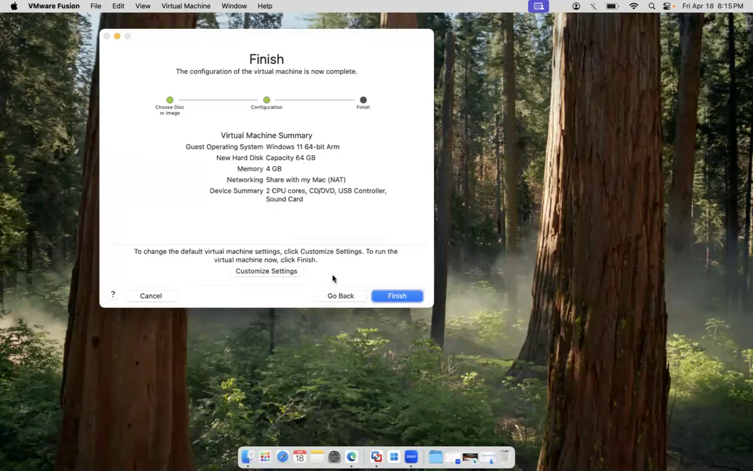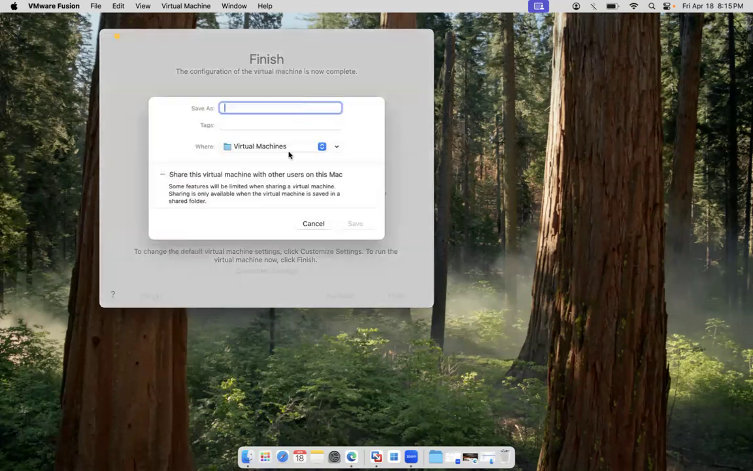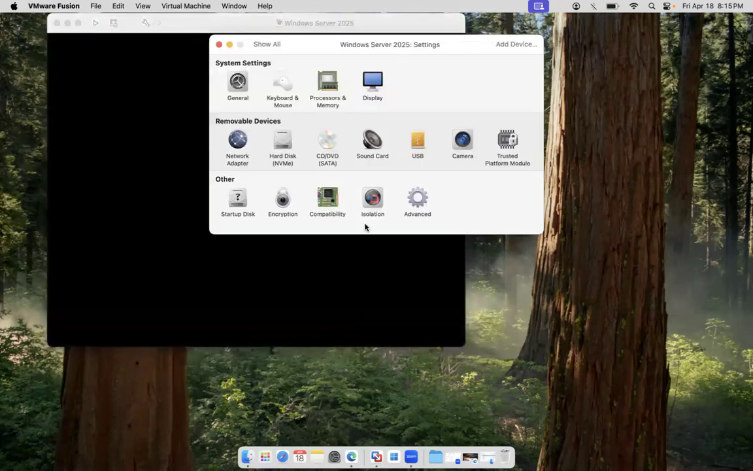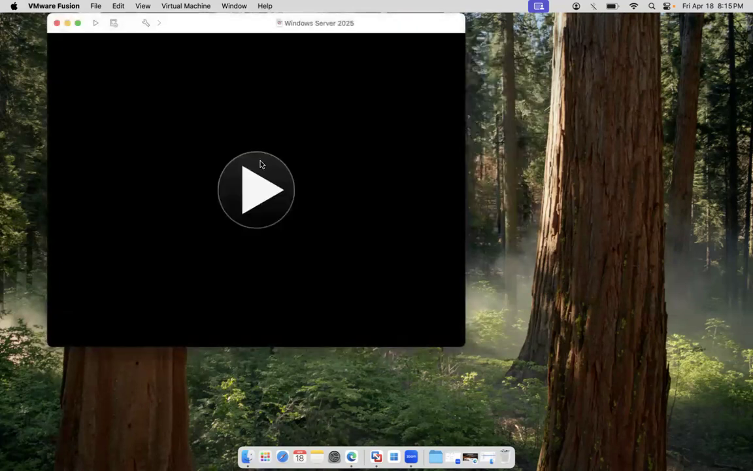Hit continue. And then I'll go select customize settings because I want a different name. I already have Windows 11, so I'll need to keep this virtual machine a different name. This will be Windows Server 2025 in this case. Okay, as easy as that, if we hit play, it should now initiate the installation of Windows